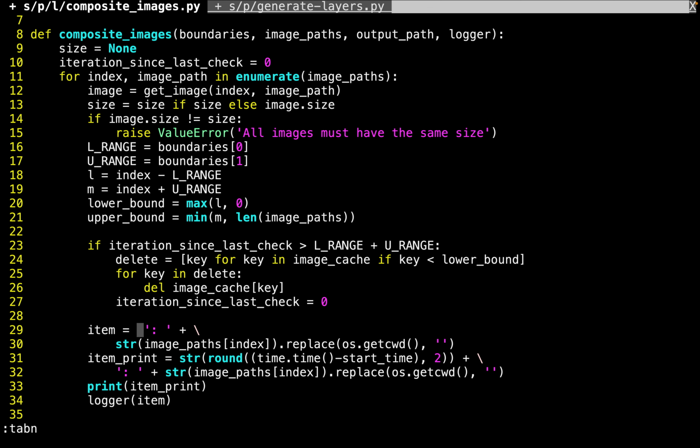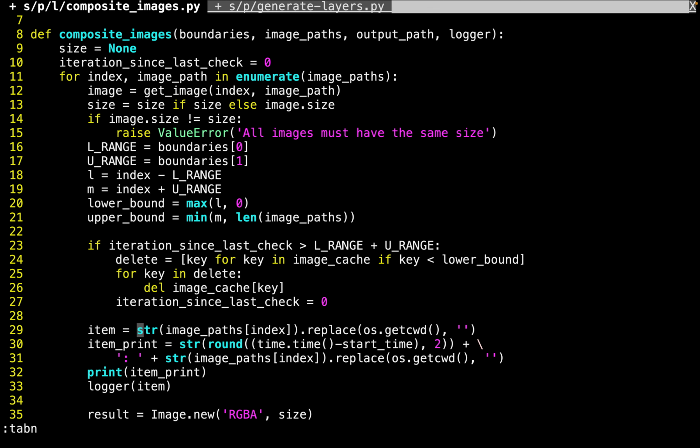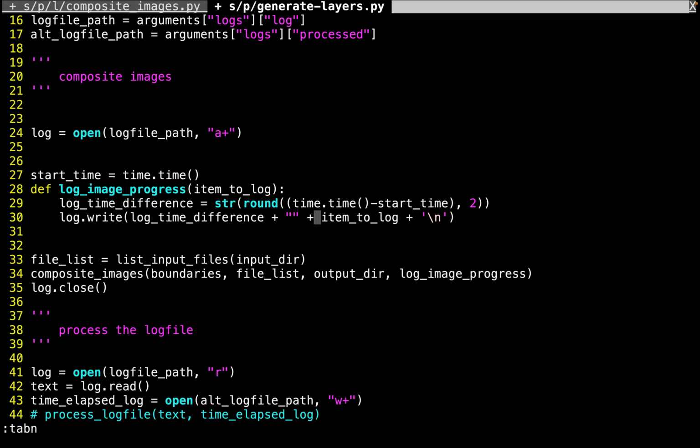Yep, semicolon or a colon to separate that. Cool. And actually,